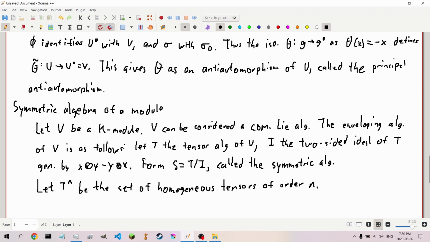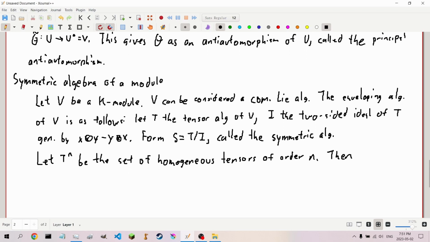With this, we see that I is going to be the direct sum of I with T to the N with N at least 2,